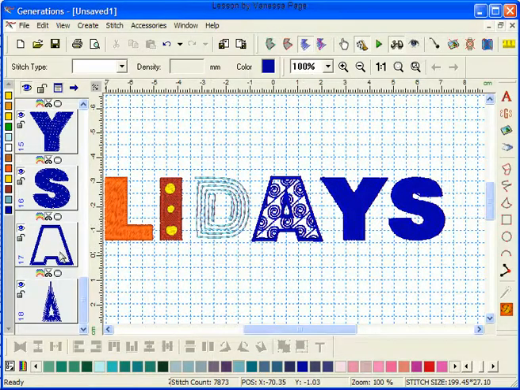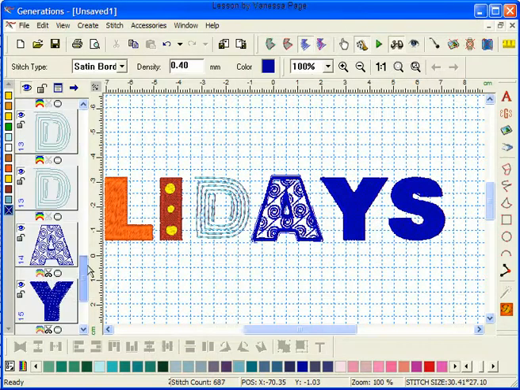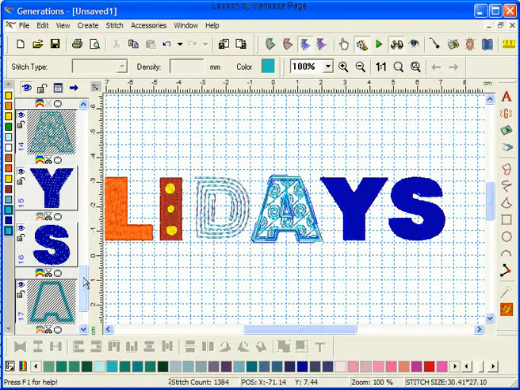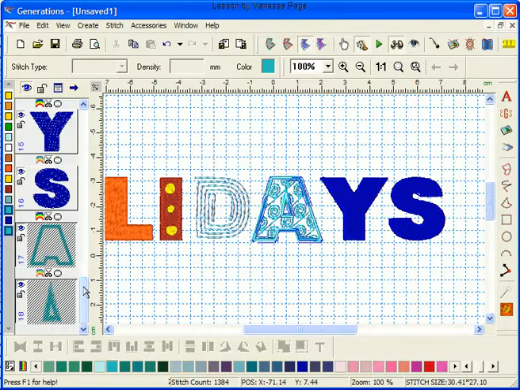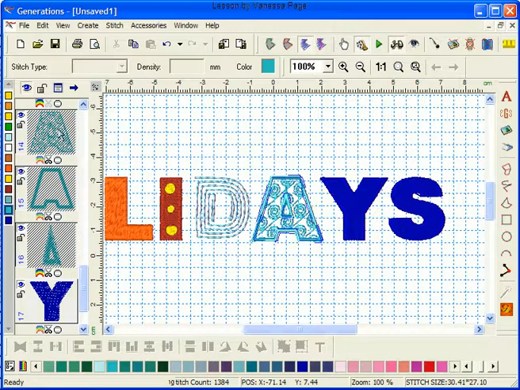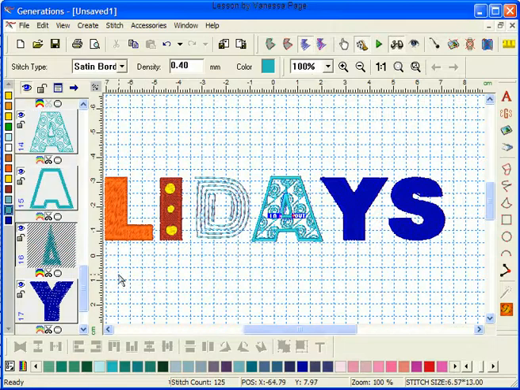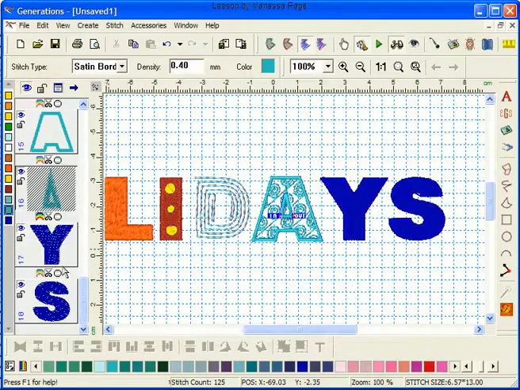We can just change that colour, and I can actually move these up the line so they stitch in the order that I want them to stitch out. I can select my Y,